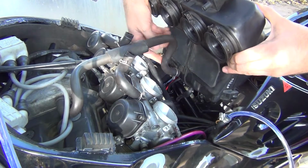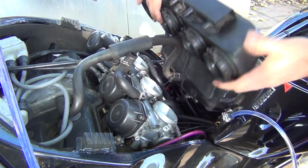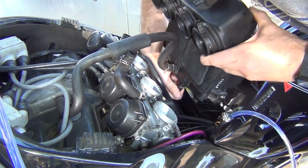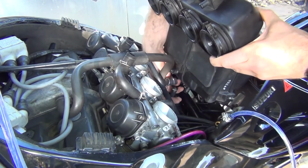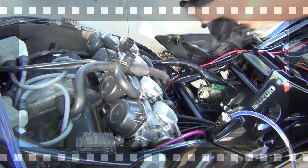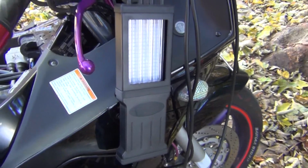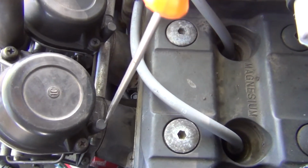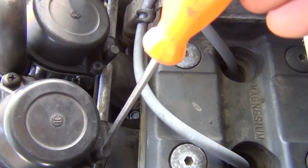There's going to be one more hose to disconnect just over here at the bottom. And this one here as well. There we go. Okay, here's the next step. Get your Carbtune Pro ready, and then you're going to have to remove those little caps. There's one cap per each carburetor,